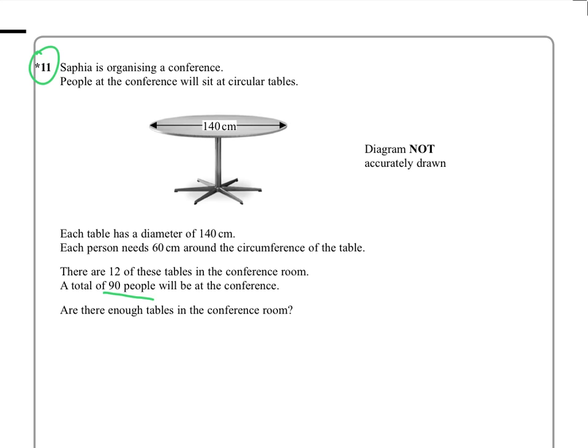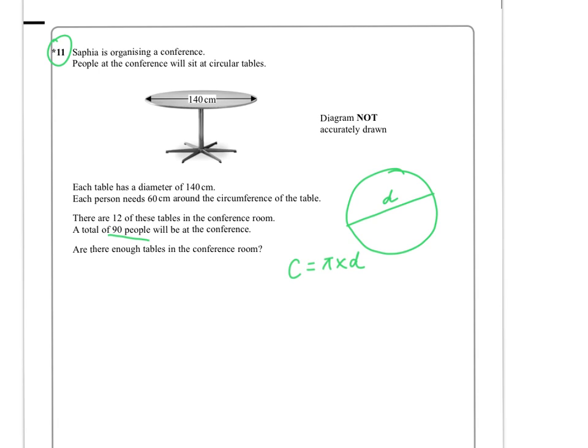in the conference room? Well, let's have a look at one specific table. So we know we've got the diameter, and we know that wraps around the outside pi times, so we know the circumference is pi times the diameter. We know how to find the circumference then, which is pi times the diameter, which is 140 centimetres. That's what our answer is going to be in. So we work that out, so we can use the pi button on the calculator, and we will get pi